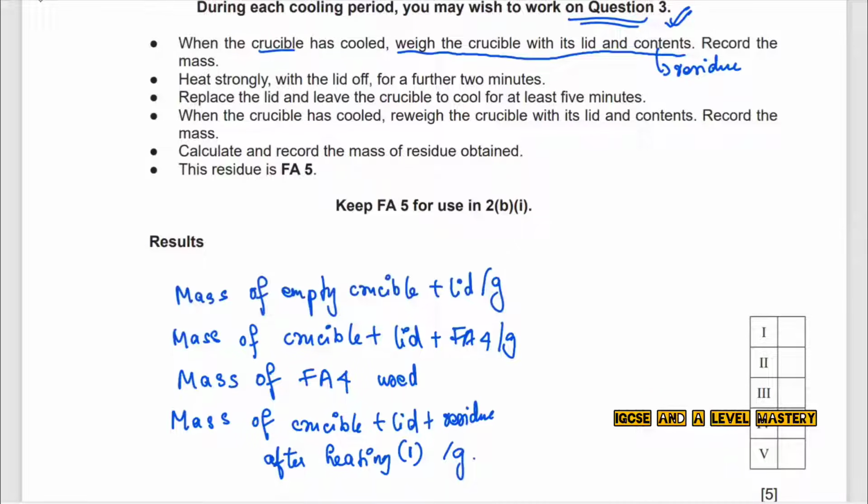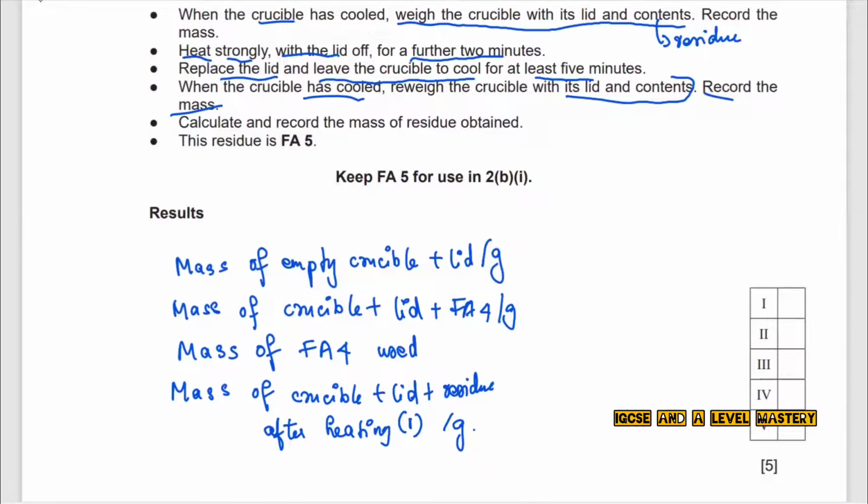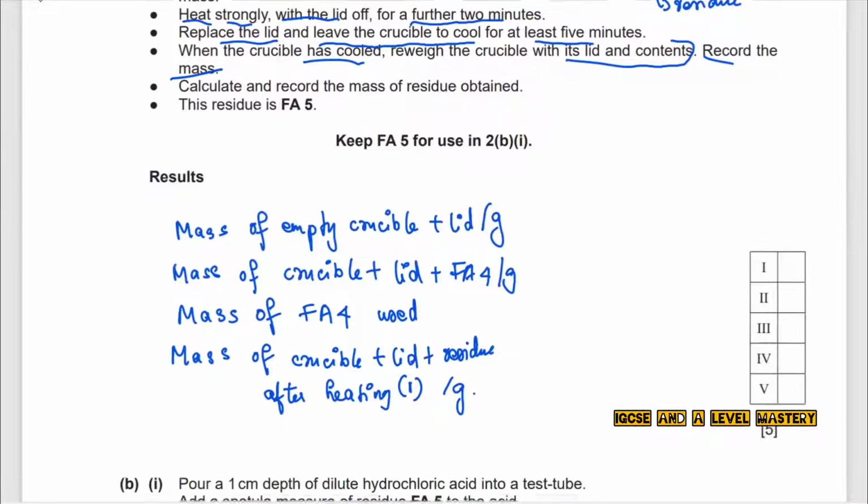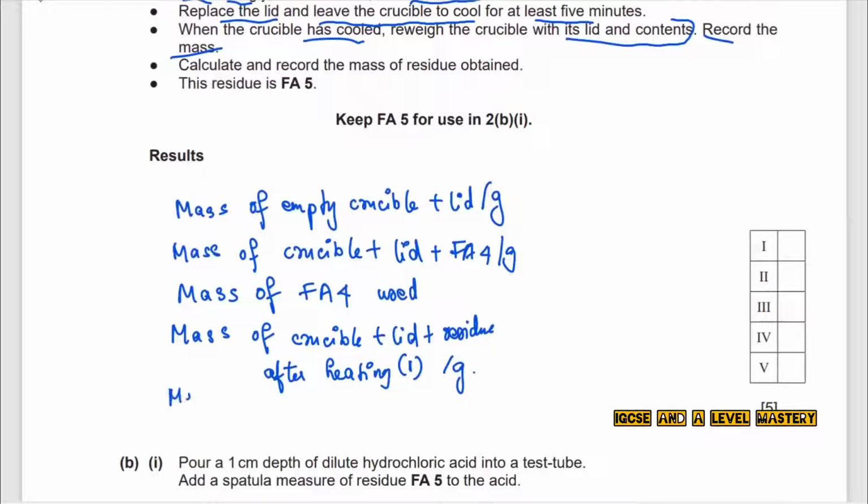And then we are heating it strongly, heat strongly with the lid off for a further 2 minutes. Replace the lid and leave the crucible to cool for at least 5 minutes. When the crucible has cooled, reweigh the crucible with its lid and contents and record the mass. So again, we are heating it for the second time and allowing it to cool, and then we are reweighing it again. So that will be the next recording, that is mass of crucible plus lid plus residue